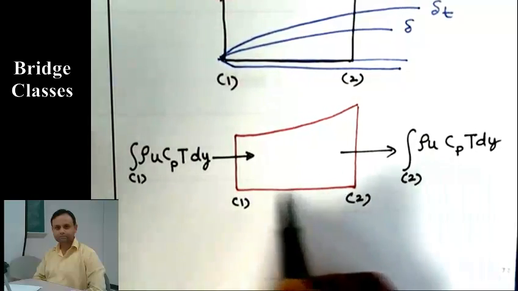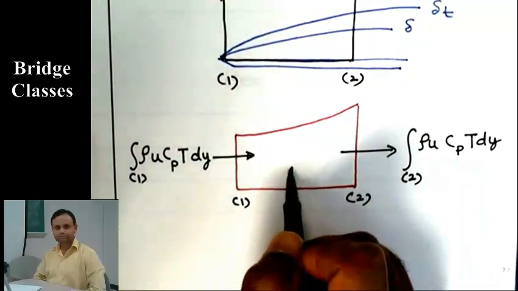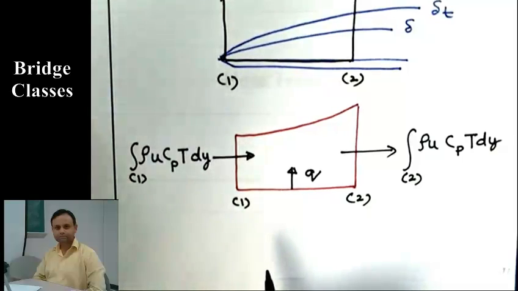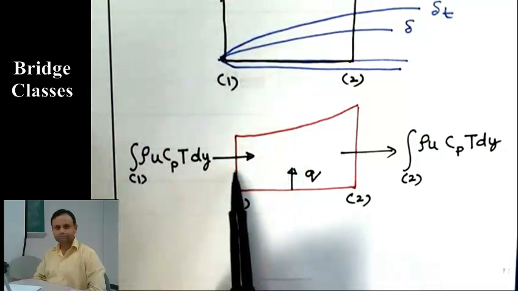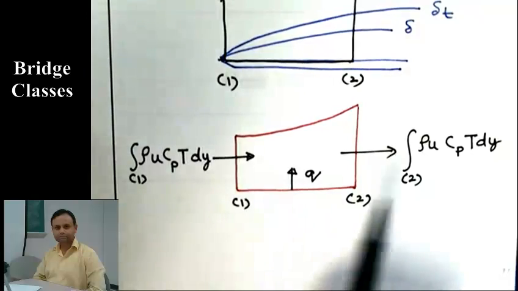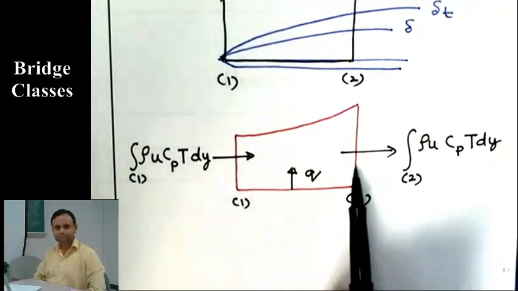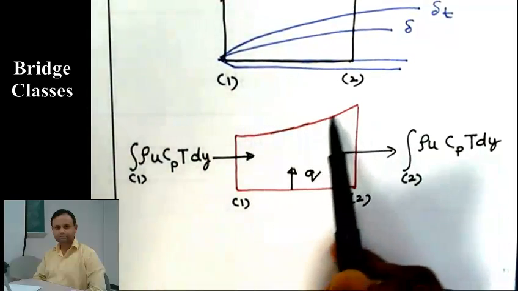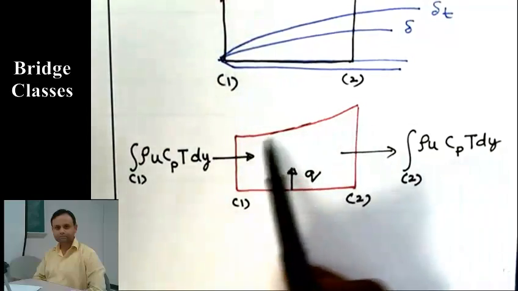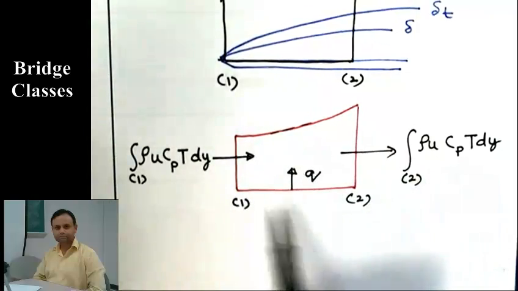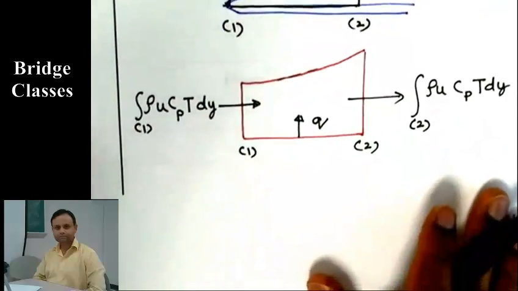Here there is heat transfer between the plate and the fluid, which I'm indicating as Q. This is heat transfer from the plate to the fluid. There is no conduction here because temperature is uniform here. There is no temperature gradient in the x direction. There will be some conduction here, but that will be negligible. You neglect the effect of dT dx, that is the boundary layer approximation. And any energy coming from this? No, because this is outside the boundary layers. There is no temperature gradient here, and there is no mass flow across this boundary. So that's all. The energy balance on this will be